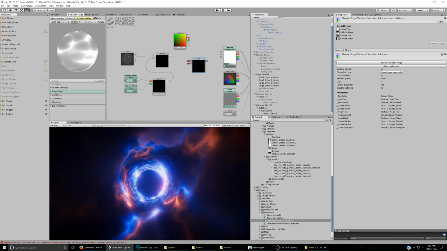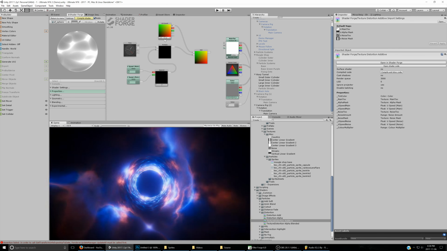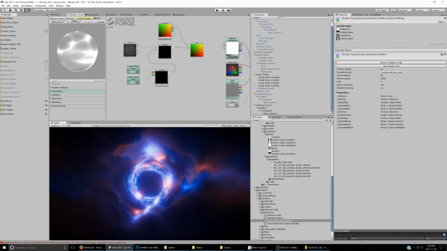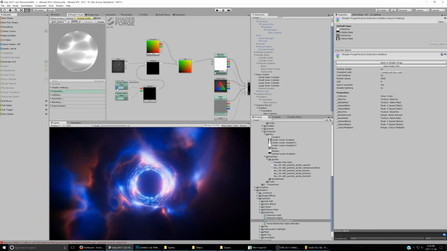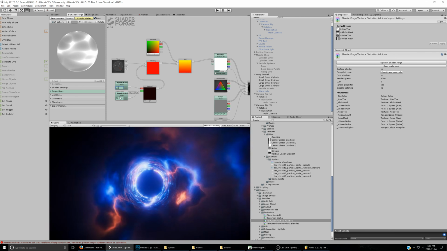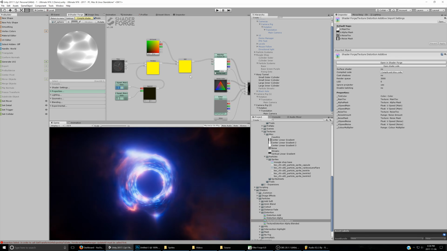So if we do this, pass in the UV here and this here, it'll add the result from this to the UV coordinates, which will then be passed into the main texture and then allow scrolling. So if we set this to, let's say, 0.1, it should show some scrolling,